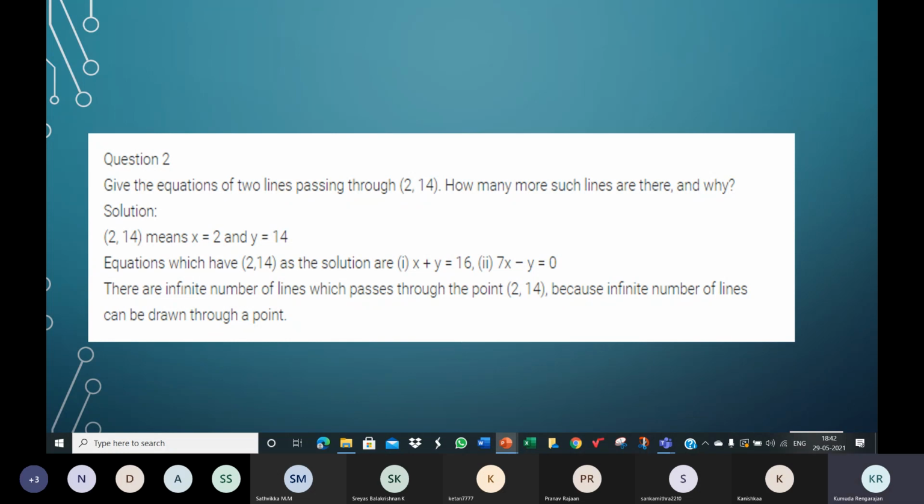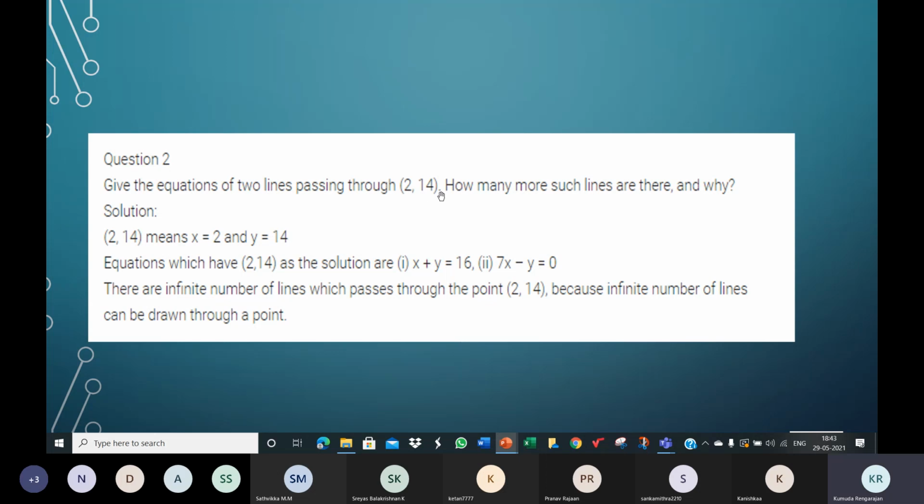All those lines are given by a linear equation in x and y. Of those many equations, you will have to write the equations of 2 lines. We know that there are infinitely many lines passing through any given point. And all those lines are given by a linear equation in 2 variables x and y. Of those many equations, you are expected to write 2 of them. In the first or the second class, we've discussed situations similar to this, children.